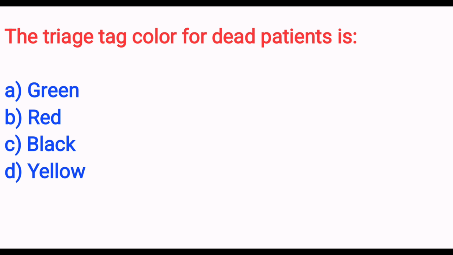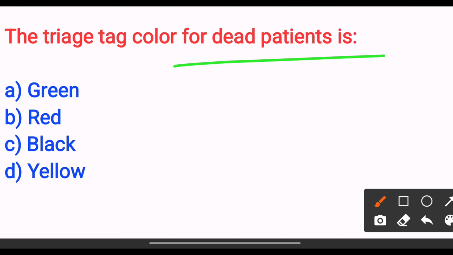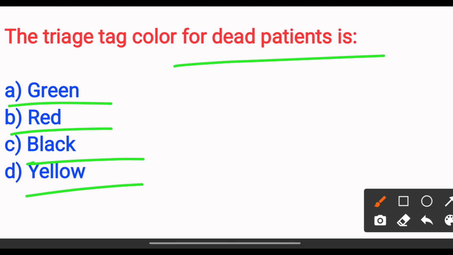The triage tag color for dead patient is option A green. Option B red. Option C black. Option D yellow. The answer is option C. For the dead patient it is the black. Next,